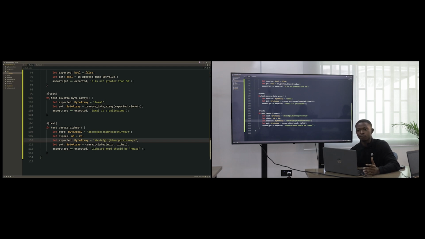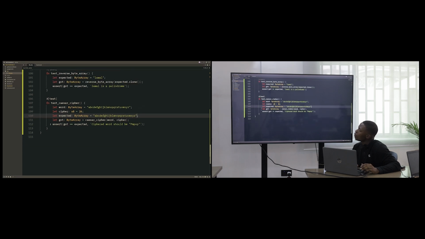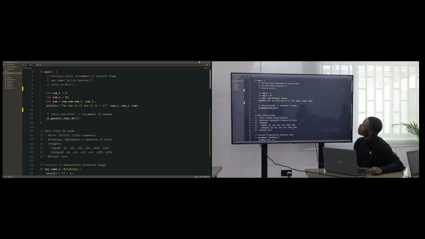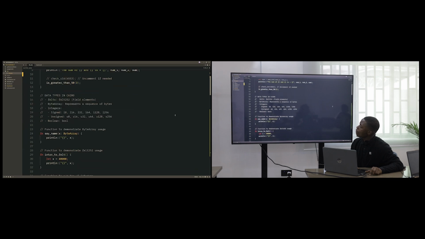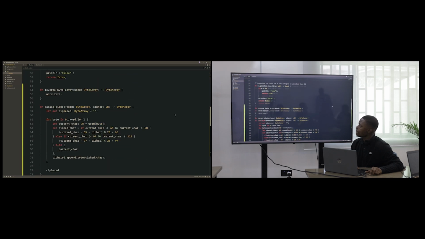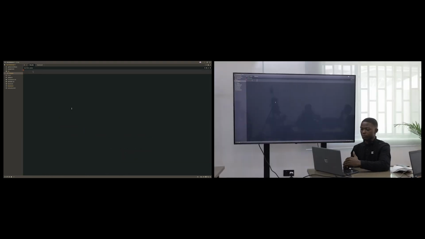Okay, all right. So we want to actually have a smart